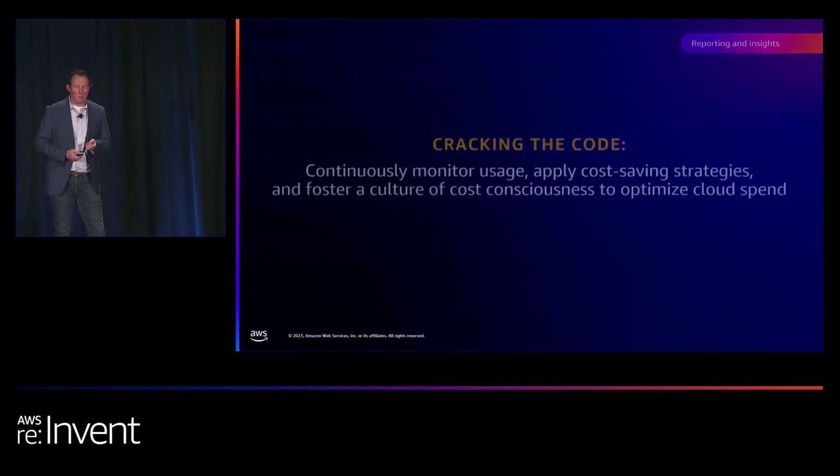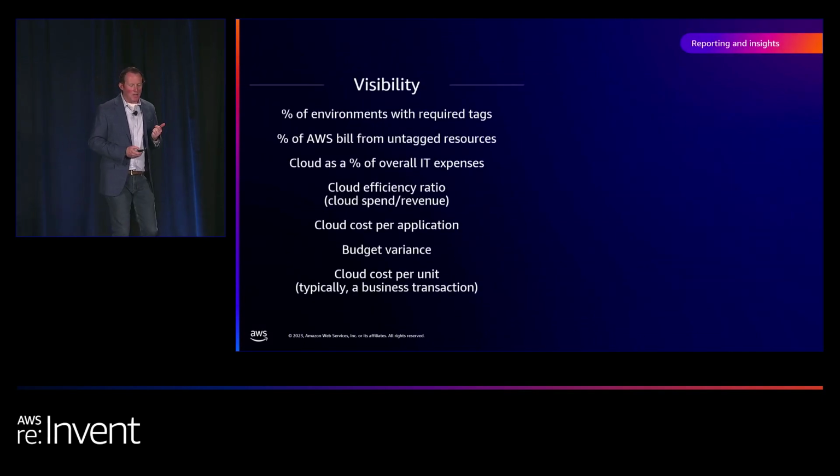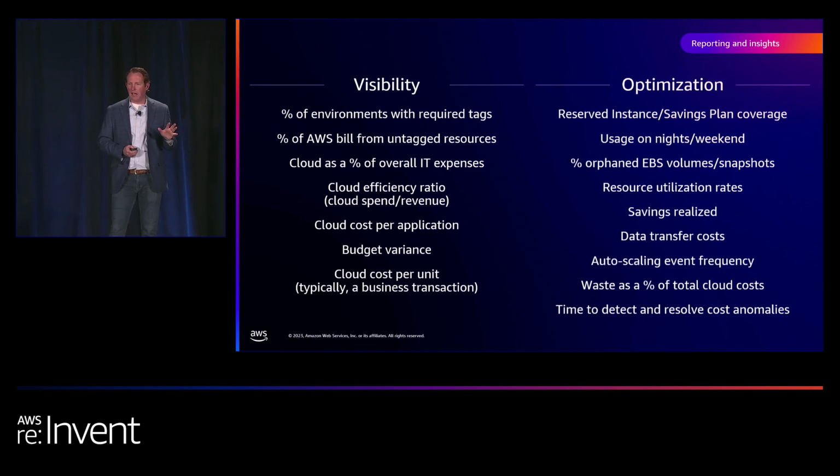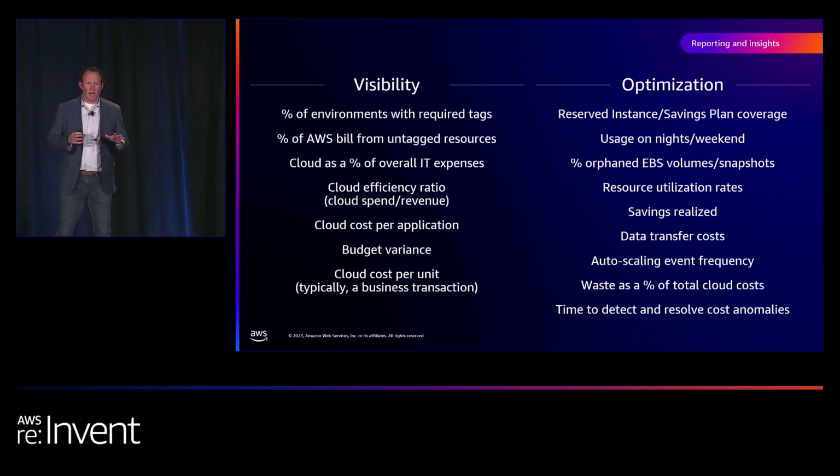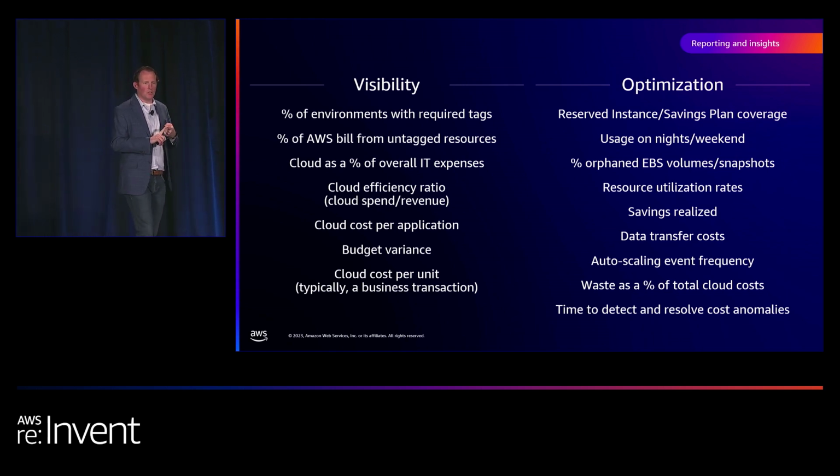I'm going to pick it up because I'm behind based on the time. I'm going to pull these up. This is kind of my KPI slide. I have a lot more KPIs if anybody's interested, but as you think about visibility and optimization, I always love to narrow in on a couple of KPIs that customers should look at. One is cloud efficiency ratio. You can broaden that to IT efficiency ratio, and you can broaden that to total company operating efficiency ratio. It's how many operating costs you have divided by the revenue of the business. That is a great way to keep an eye on whether you are delivering value through revenue or cost reduction over time as you go through your cloud transformation.